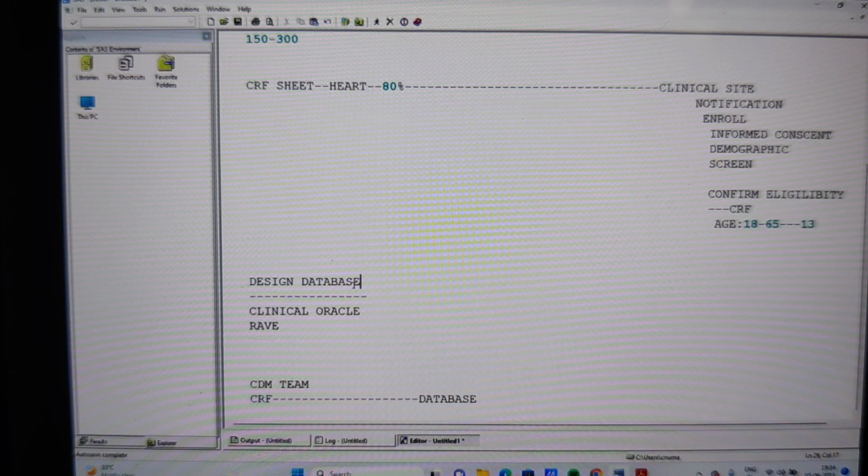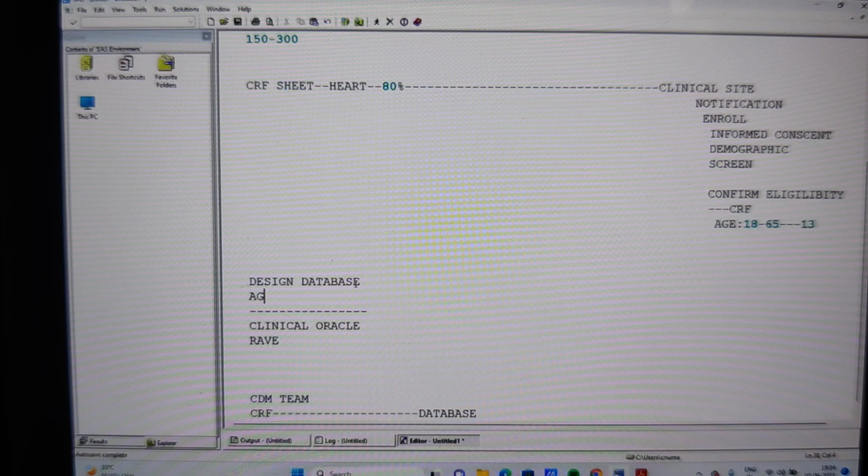So that's why when you're designing a database, wherever I have an age column in the database, in the backend, I'm going to write a condition. One if condition that you can suggest to get only age between 18 to 65: if age is greater than or equal to 18 and less than or equal to 65. In the backend, we are going to write this condition and embed it in the database. Now, when you try to enter the 13, since the 13 is not present within this range, it is going to show a red color error, because the 13 you are trying to enter is out of the range.